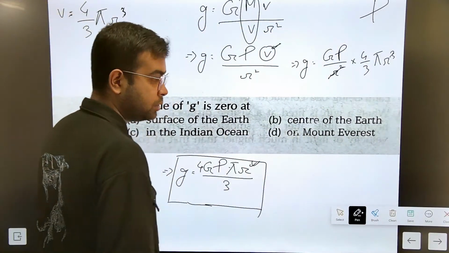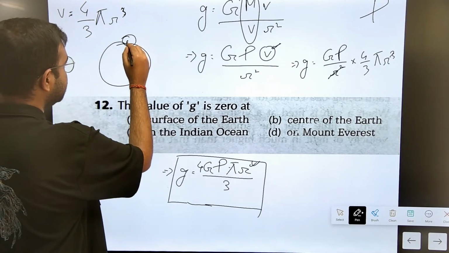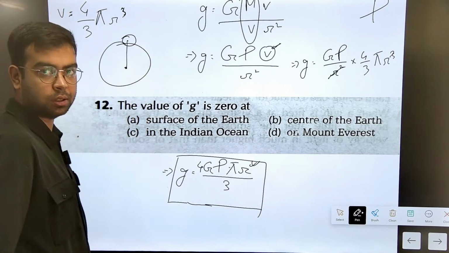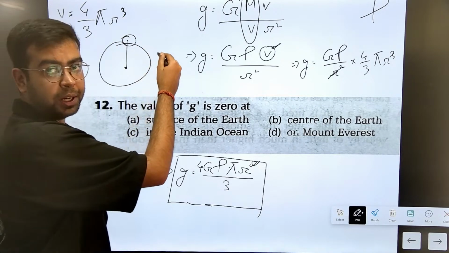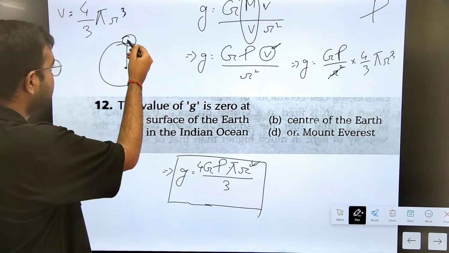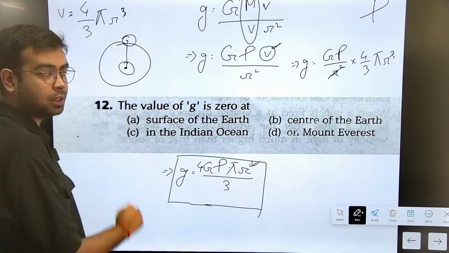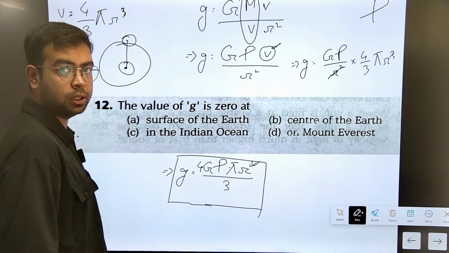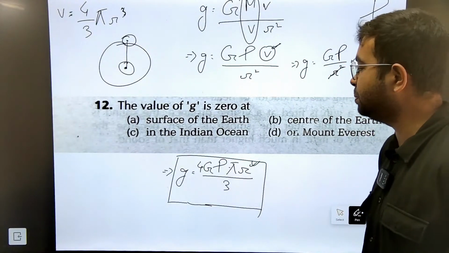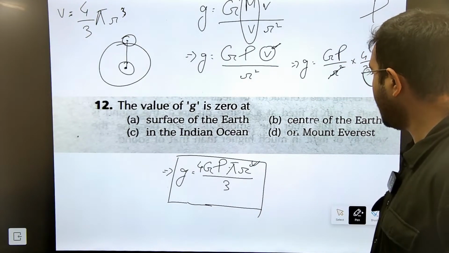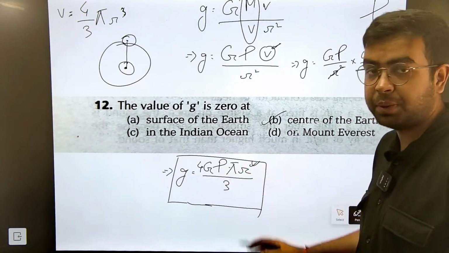Say there is a body here. ये body अगर अर्थ के सरफेस पे भी है, we know that we are taking the distance from the center of the body to the center of the earth. ठीक है? अभी अगर ये बॉडी, इसका डिस्टेंस 0 कब होगा? When will it be 0? It will be 0 only when the body will be standing at the center of the earth. अर्थ के बीच में यहाँ ओवरलैप होकर जब खड़ा रहेगा, at that time the distance r will be 0. So इसका आंसर हमें क्या मिल रहा है? When will the value of g be 0? The value of g will be 0 at option B, the center of the earth. And this was the mathematical derivation for this.